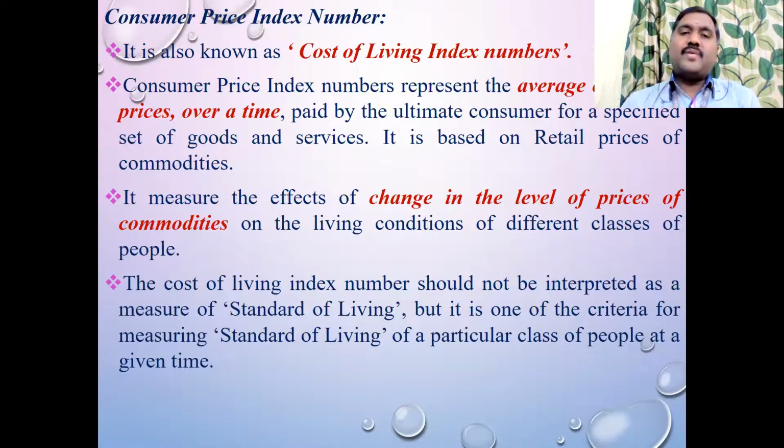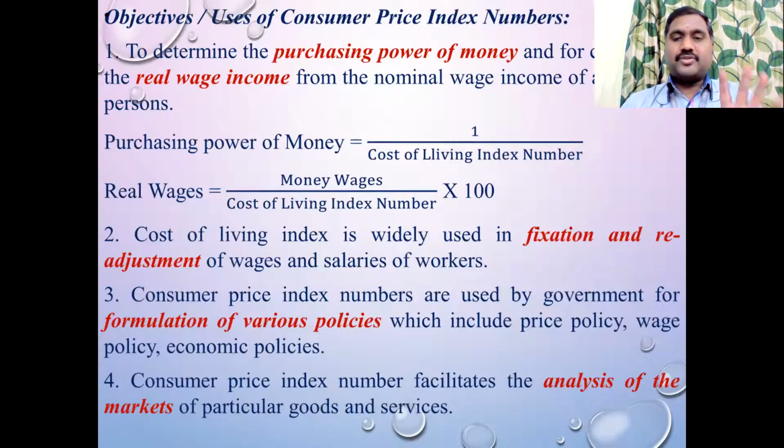So here also we have two methods, as I already told you, and we discussed the objectives yesterday. The objective is to measure the value of money and also to be helpful for governments and corporates to redefine their policies and regulations, all those things depending upon the wage and pay scale structure. It is also helpful for corporate companies to understand the trend in the markets. According to that, they can bring changes to the price of the product, quantity, all those things.